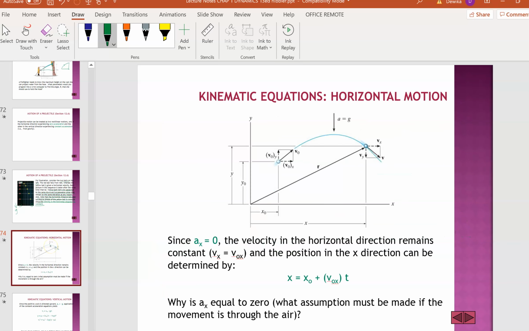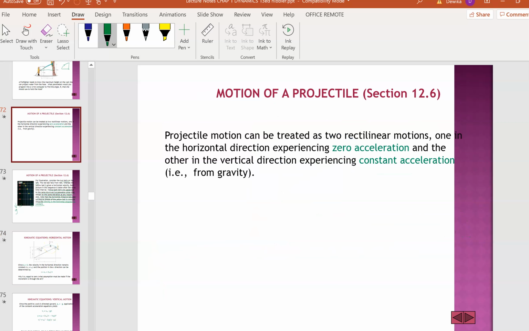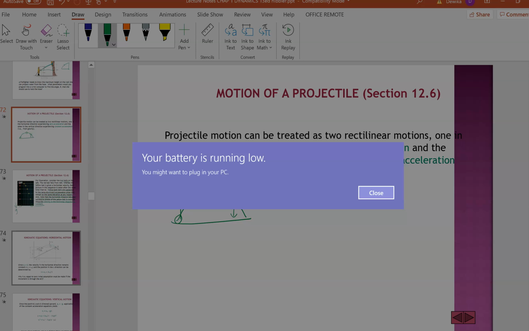So let me just explain another one. Before it goes into this kind of complicated thing, let me just explain about projectile motion. So we have it like this. The ball is kicked, it launches, goes to the peak, and then from here it has a downward force. Up here is upward force. So always remember,